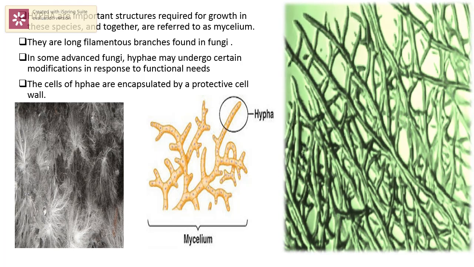As the video itself shows, it is a mycelium. It is a net-like structure of the hyphae and it is known as the mycelium. Each hypha is comprised of at least one cell, which is encapsulated by a protective cell wall, and that protective cell wall in the case of fungi, as we have earlier discussed, is made up of chitin. The average hypha is 4 to 6 microns in size, and hyphal growth occurs by extending the cell walls and internal components from the tips, and they are associated with multiple different functions.